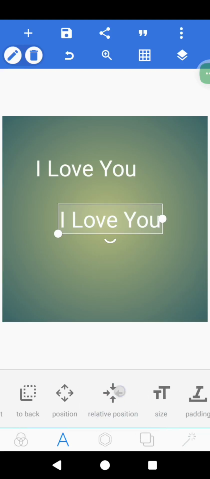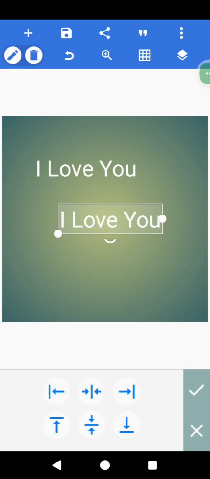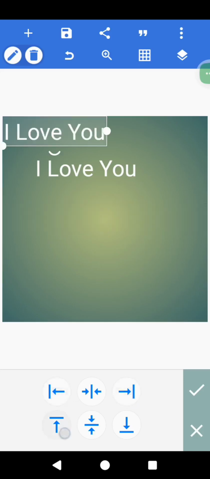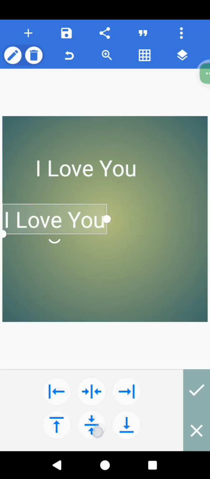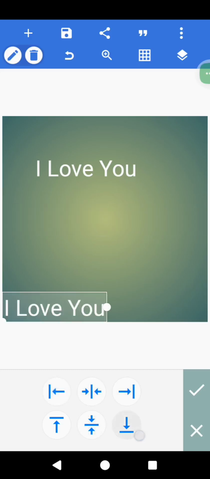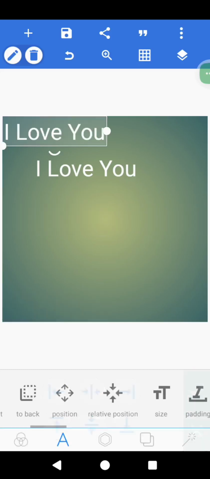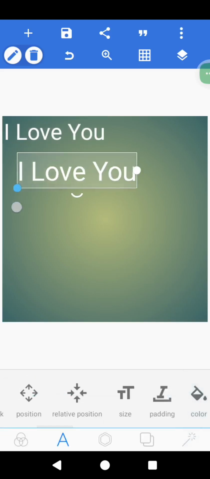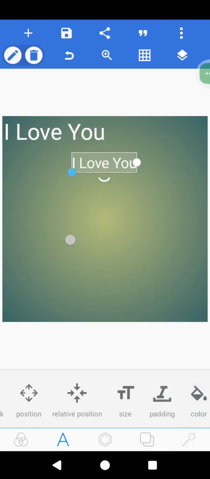Okay, here is relative position. Either you want to position at the center or in the middle. Can you see this? These ones are for the item to position in the middle, then on the right side, on the left, downward, upward. Okay. Then size. Now, if you don't want to drag it with your hand, any text or any image,